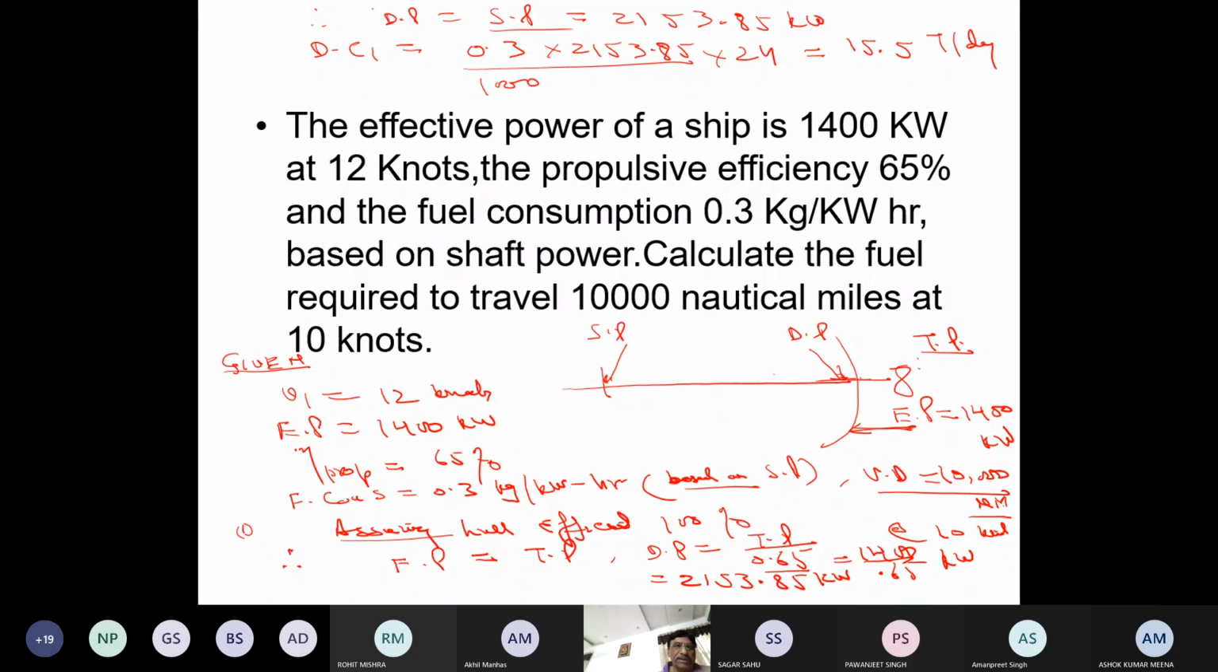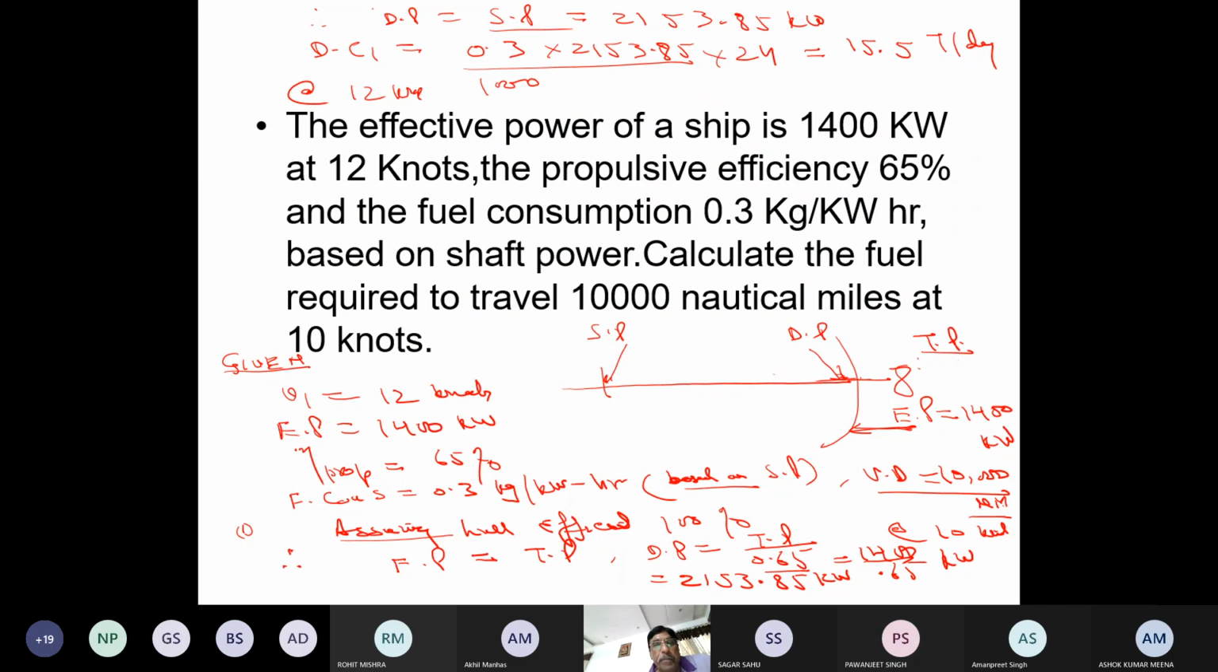15.5014 जो भी आया। बहरहाल ऐसे करके हमने डेली कंजम्पशन निकाली। ये किस पे है? ये इतने आरपीएम पे है, 12 नॉट्स पे है। 12 नॉट्स पे हमें रिपीट करेंगे प्लीज। हाँ जी, डेली कंजम्पशन एक बार रिपीट करेंगे। 0.3 इंटू, देखिए 0.3 उसने न्यूमेरिकल में दिया है, 0.3